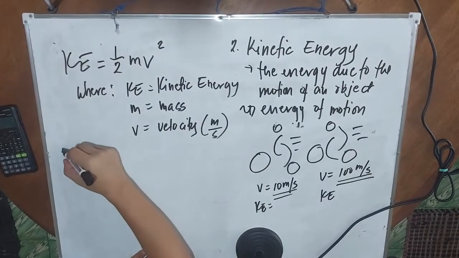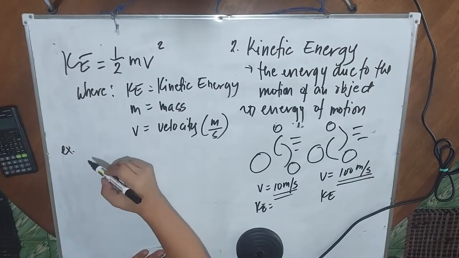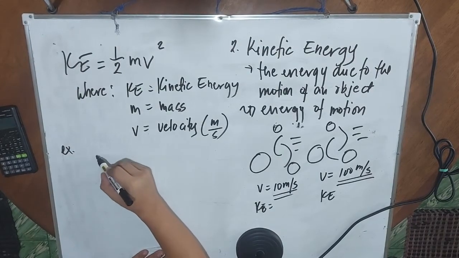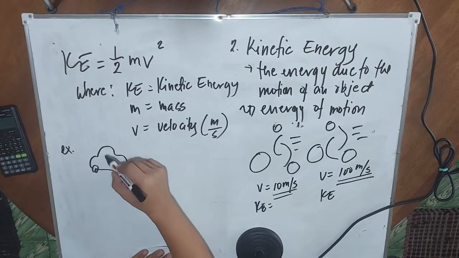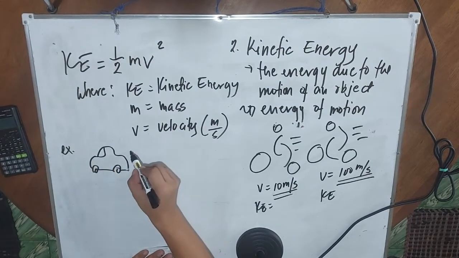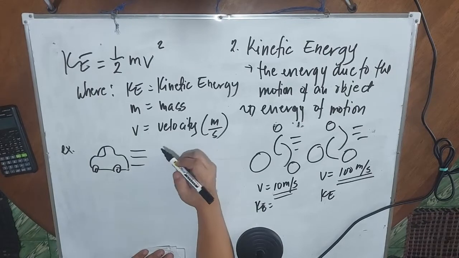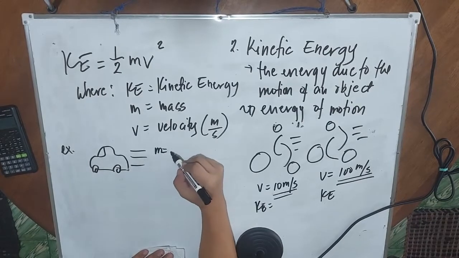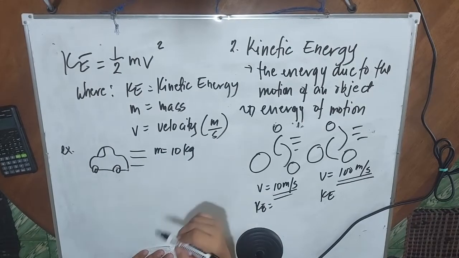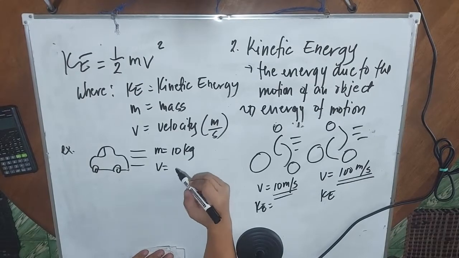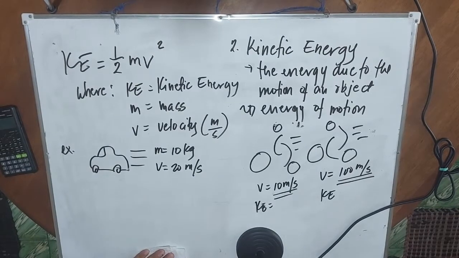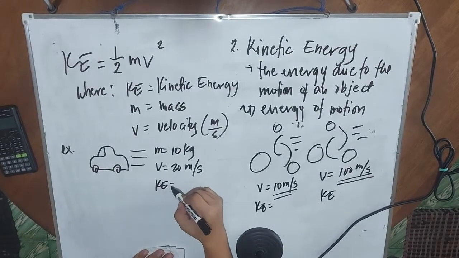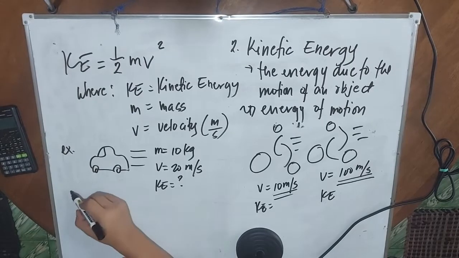Okay? Example. Let's say we have an object, or we have a car, a small car. Okay, let's say we have a small car with a mass of 10 kilograms, small lang, with a velocity of, let's say, 20 meter per second. So, pinapahanap sa atin yung kanyang kinetic energy due to its motion. So, solution,